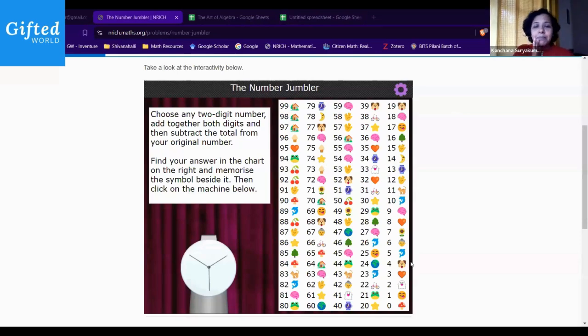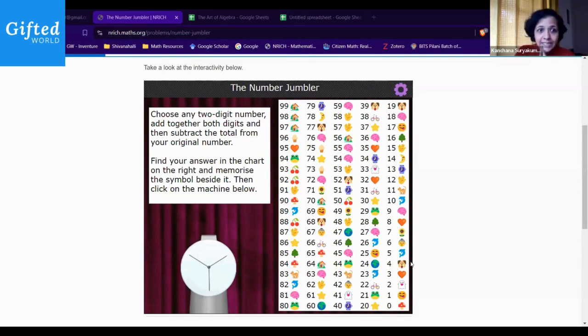Yes, okay. So let me read out the rules of the game for you, and you can help me play this. It starts off by saying choose any two-digit number. So choose anything. Okay, chosen. Should I tell you what number I've chosen? Yes, we'll play this together to see what happens because the machine does not know what we are thinking. It can't understand. So you go ahead and tell me what number you've thought. 79. Okay, awesome.